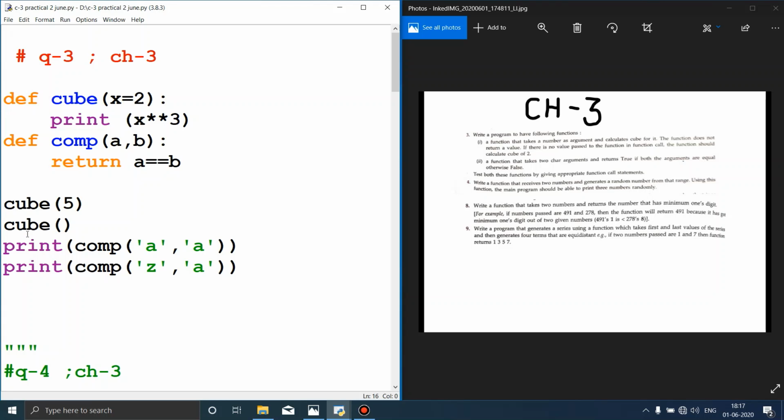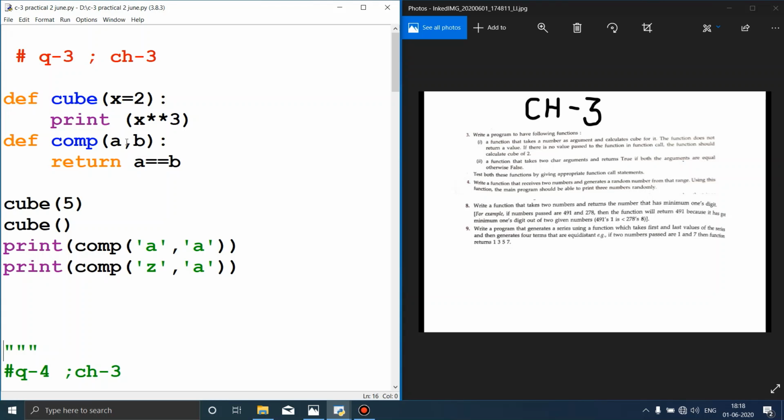Next is this cube. It will be printed here only. We are printing the value, whatever is being obtained, here. No print statement has been given in the function. Here we are not printing, here we are printing. So we are telling you two ways to print whatever value you want, according to your problem.